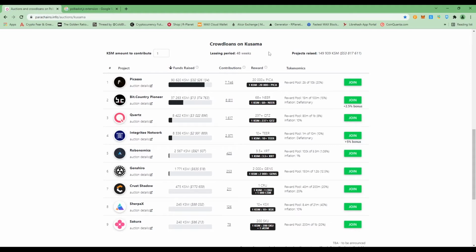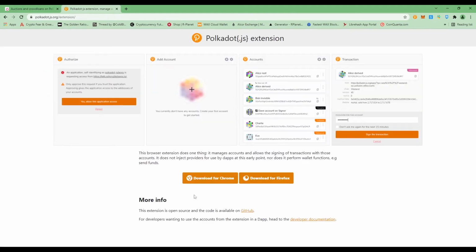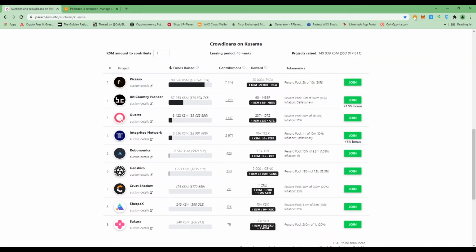Now, speaking of wallet, we need a wallet. The name of that wallet is polkadot.js and it is an extension. Here is the icon. So what we need is we search polkadot.js extension and we get the first website, polkadot.js.org. I click on this website and I see the two options: download for Chrome, download for Firefox, right? So you can use any of these two browsers and you can download that Polkadot extension. The icon will be available here, right?